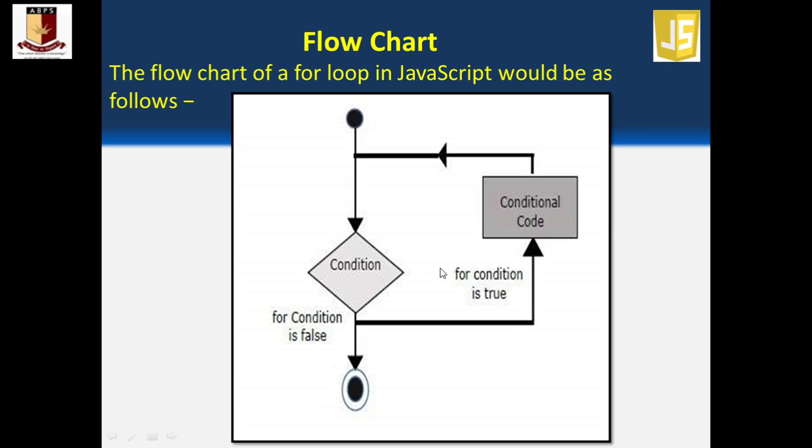Got it? Now next, this is the simple flowchart diagram. Just check here: loop started, condition tested, condition becomes true, move to the conditional code, again value increases, then tested, then becomes true, then repeated, and as soon as the condition becomes false, it will come out of the loop. Got it? I'll show you a code also, 2-3 examples practically, so you can easily understand how this loop is actually working, and that will help you make a simple for loop code.